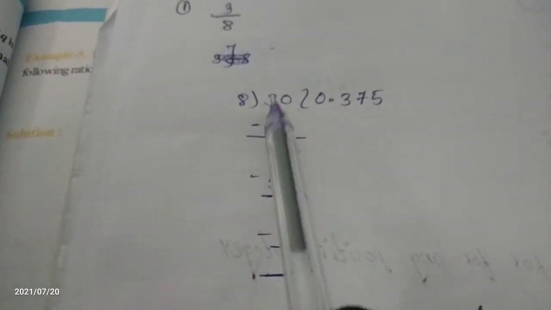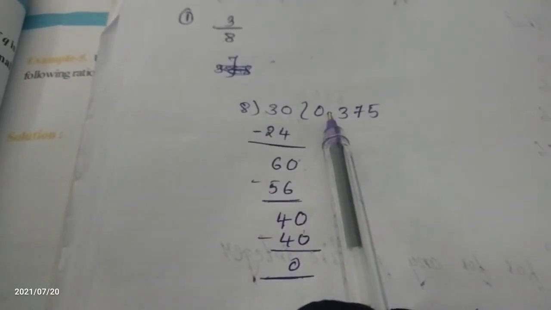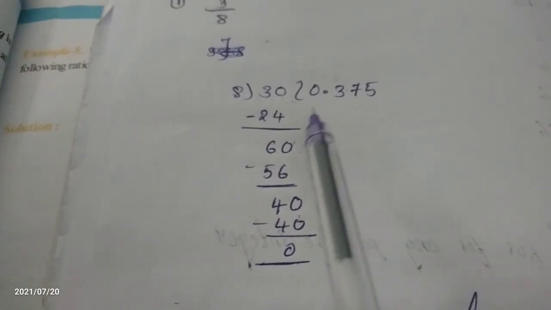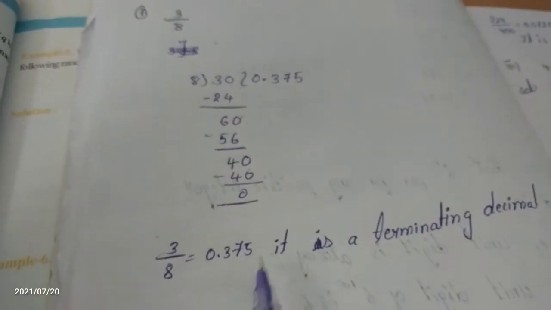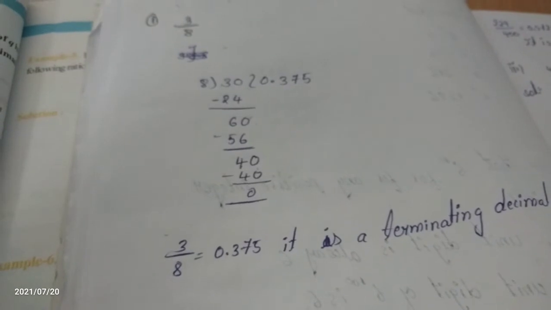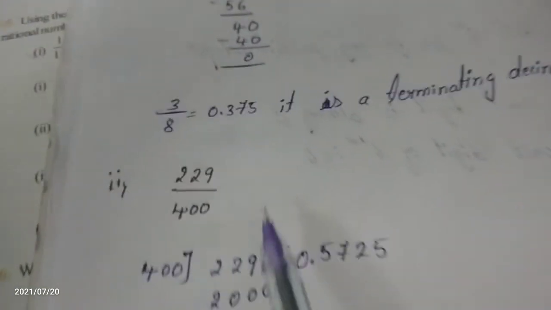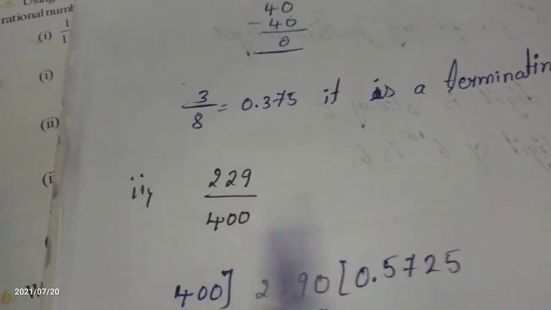Okay. The denominator should always be taken here and the numerator here. When it does not come in, we just have to take the 0 point. After taking the 0 point, do it step by step, one by one. Okay, this one is completed. Now the second one I will also explain to you.